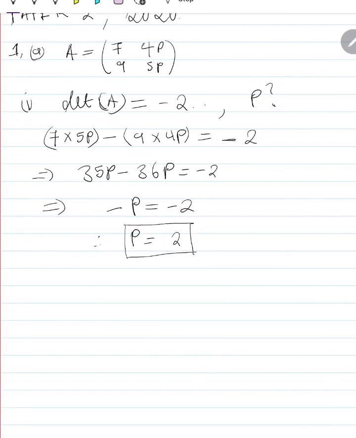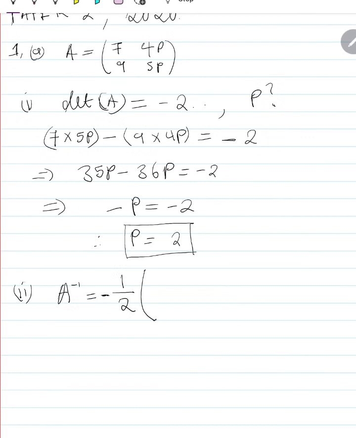Okay, next, number 2, use a different color. So number 2 says find the inverse of A. So we want the inverse of A. Okay, so the inverse is 1 divided by the determinant. So 1 divided by the determinant, so the determinant is -2, so you have -2. Then open,